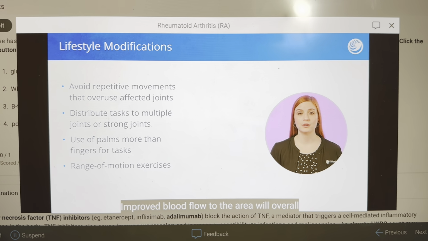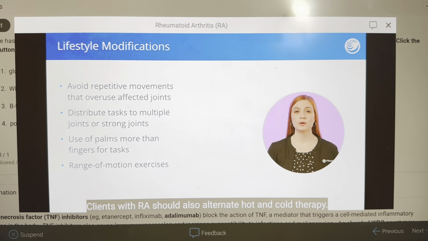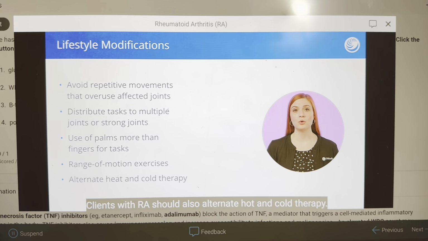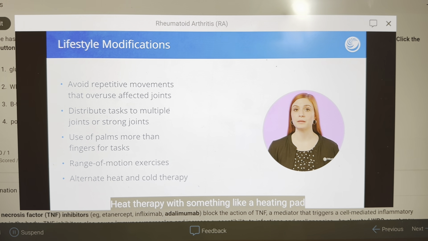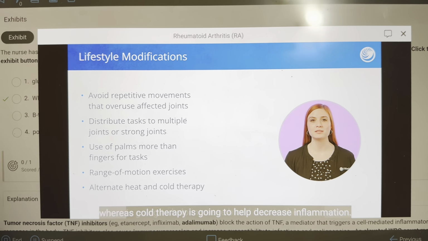Improved blood flow to the area will overall decrease pain and decrease swelling. Clients with RA should also alternate hot and cold therapy. Heat therapy with something like a heating pad is going to help increase blood flow to the joints, whereas cold